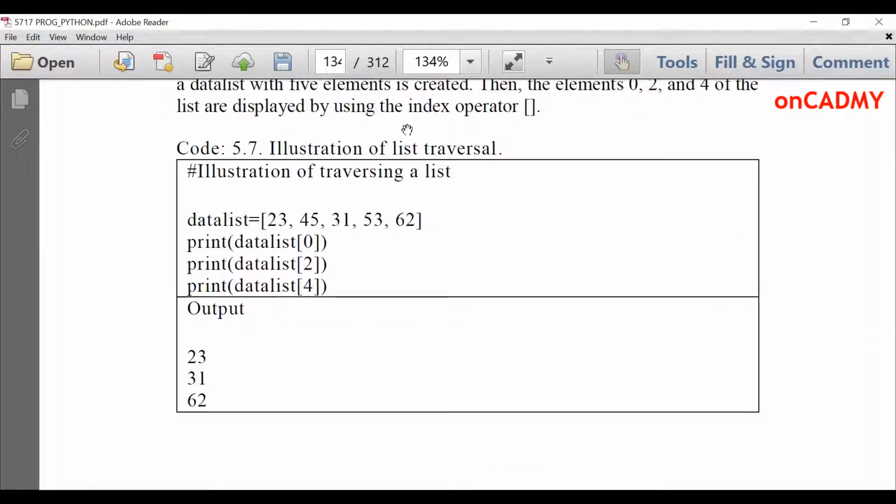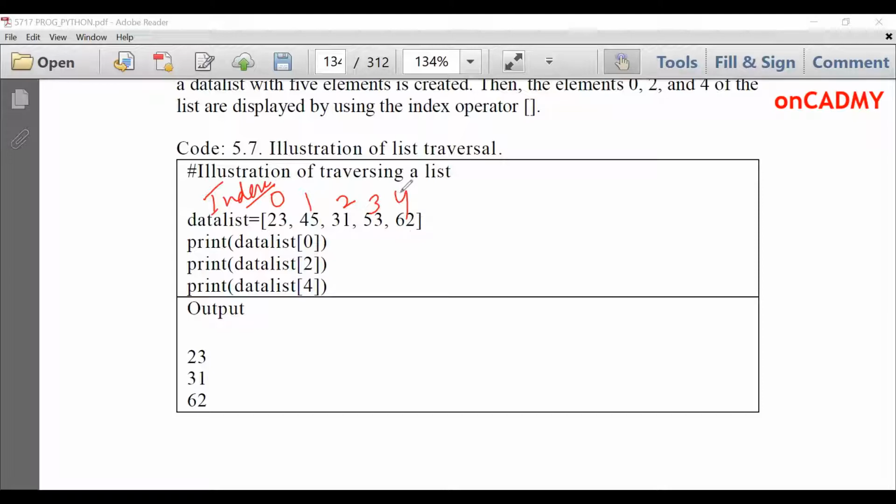Suppose we have created this list, data list, with these 5 elements, 23, 45, 31, 53, and 62. So their indexing will be like this. These are index values. 23 is at index 0, 45 at 1, 31 at 2, 53 at 3, and 62 at 4.